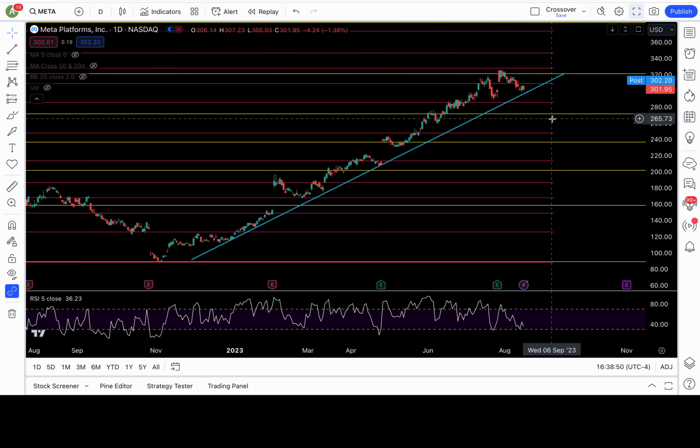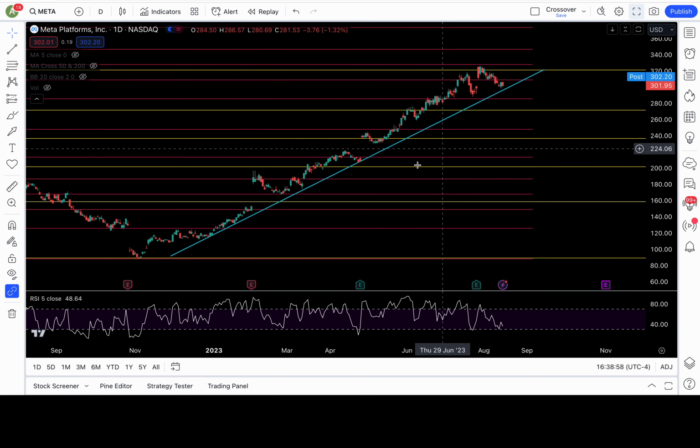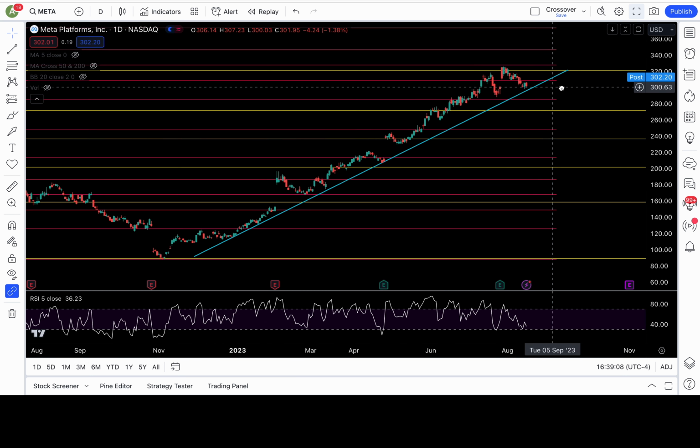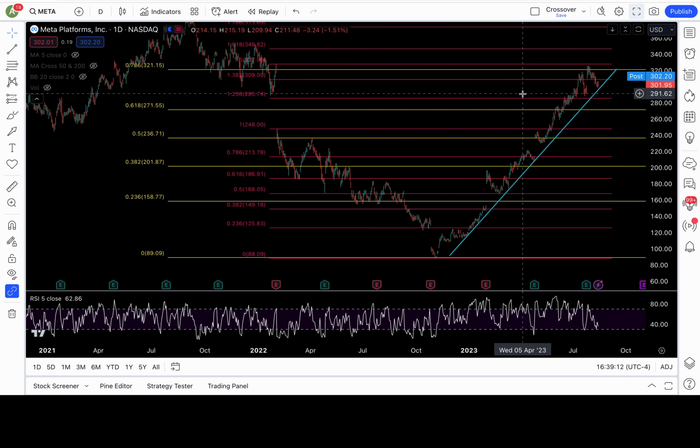Meta, not quite bearish just yet. All right, although the breakdown of 309 last week was very nice. But here we are getting very close to testing that up trend line. The critical test is at 299, guys. If it breaks down 299, guess what? Bears take control. For me to trust any bounce, it needs to recapture some critical resistance level, starting with